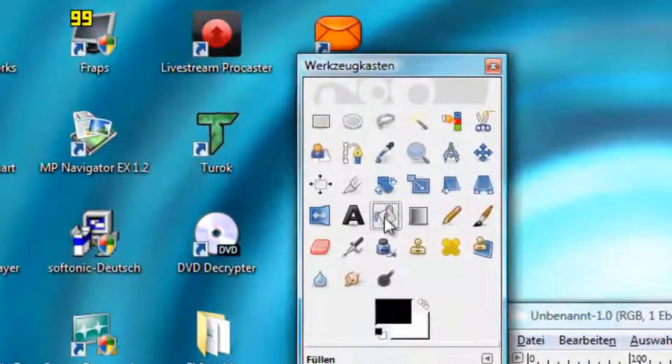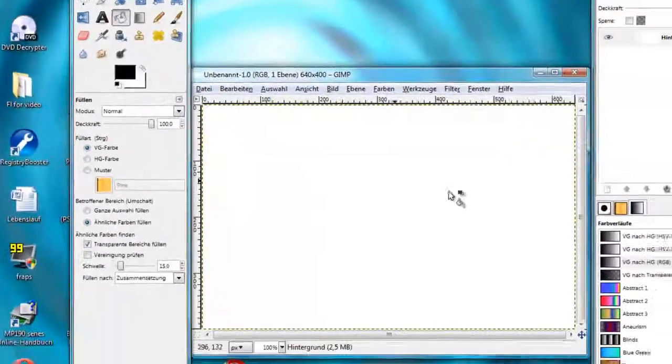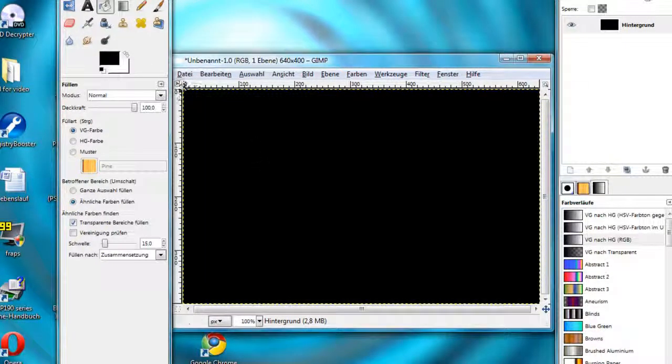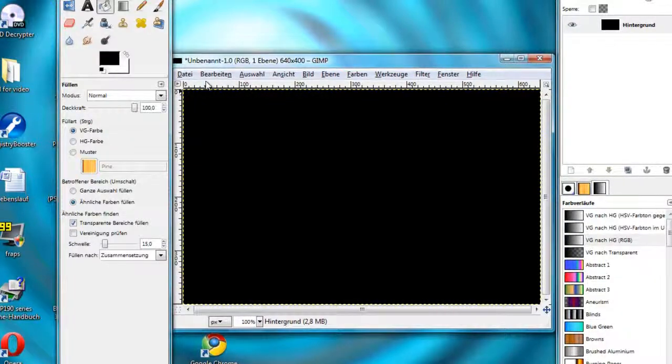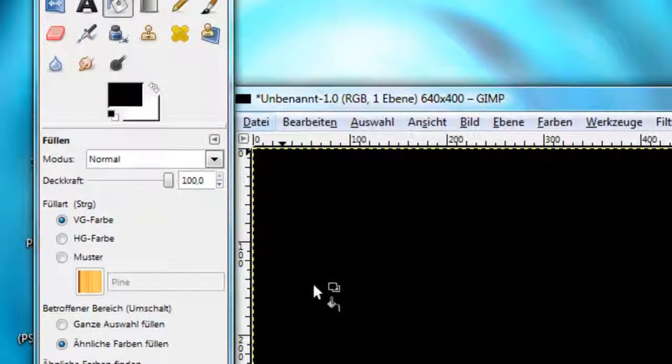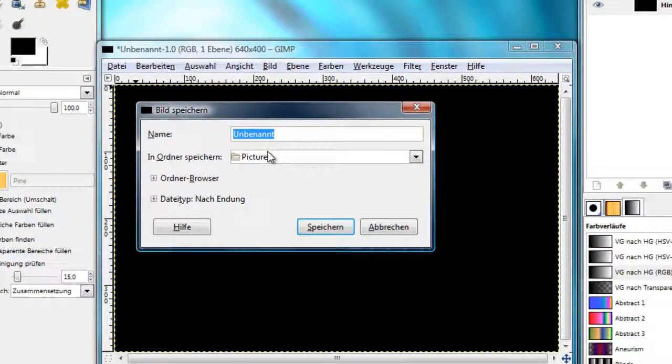So we just click on our paint bucket tool. My foreground color is black, and now we fill this whole area with a nice looking black color. So once you've done that, you just go to File, Save As, then you can type in the name. I call it black,